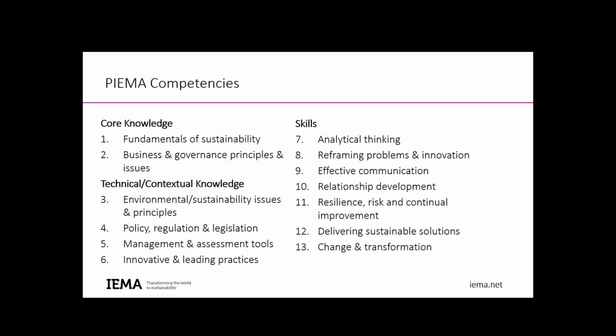So we'll see from the competencies 1 to 6, core knowledge and technical or contextual knowledge, that all links to knowledge aspects at a graduate level. And then in the skills section, we're looking at it at an operational level, so you're working in the field as an operational member, as a practitioner,